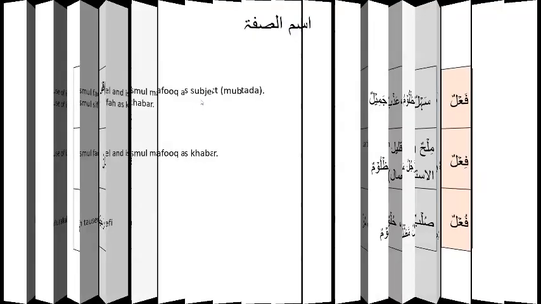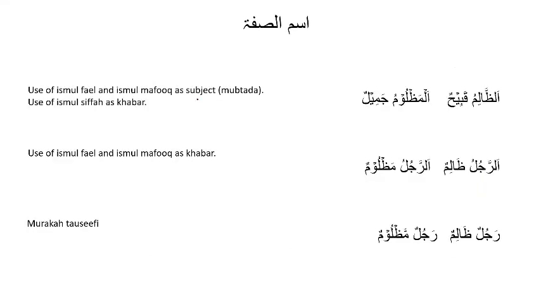All right. Now I'm going to say a few things that will connect our present discussion with material that we've studied at the start of this course. It will also connect with different types of ism. So if you look at this sentence, az-zalimu qabihun. Az-zalimu, what sort of an ism is this? Can somebody tell me?